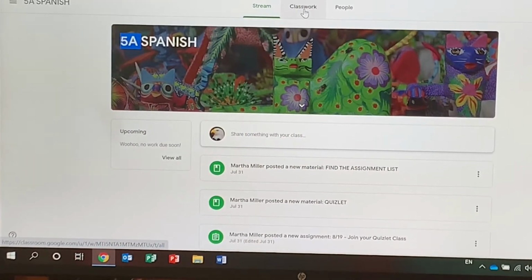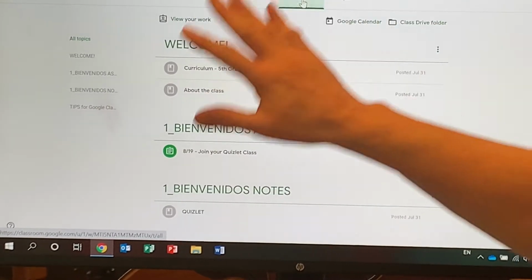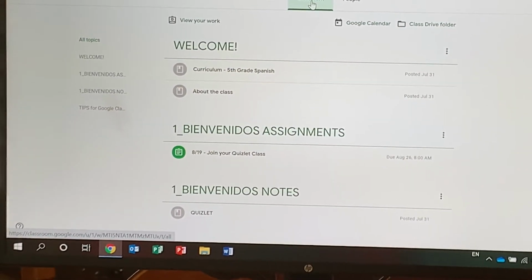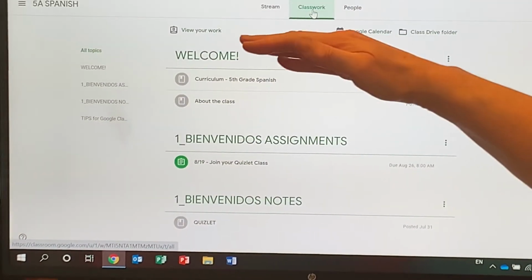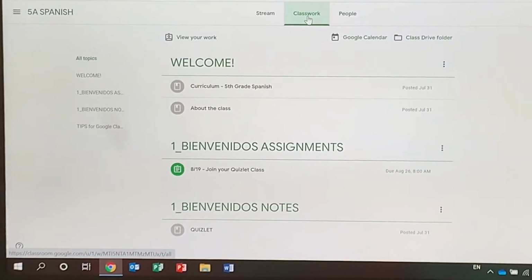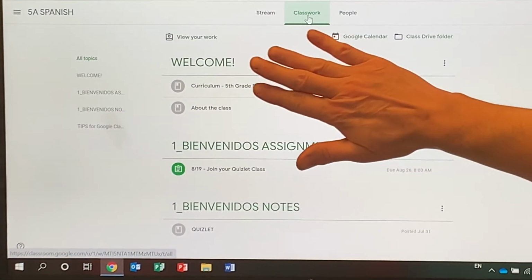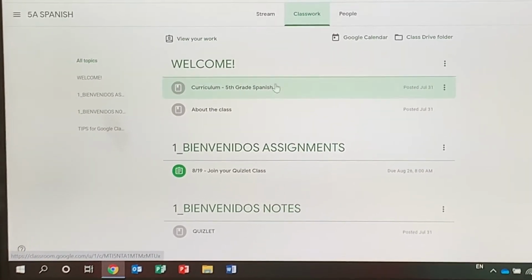So classwork, the center option, is where all of the work will be posted. The topics, of course, are over here on the side, and then they're big in the center. This, of course, is our table of contents. You can see that I have things in each of these sections, and I want to tell you just a